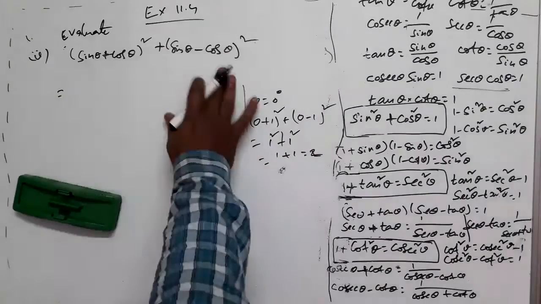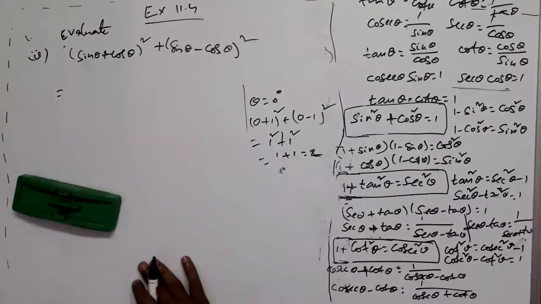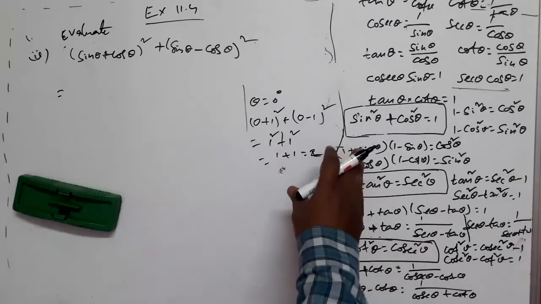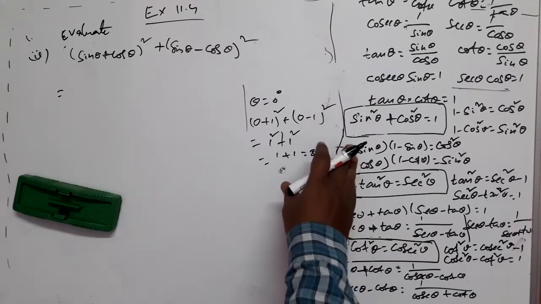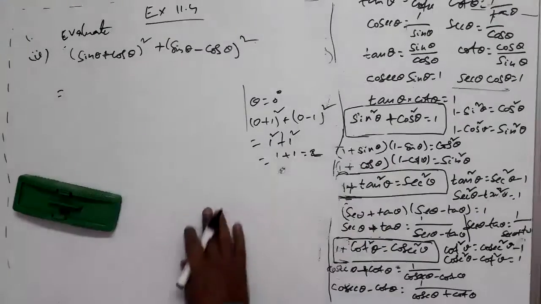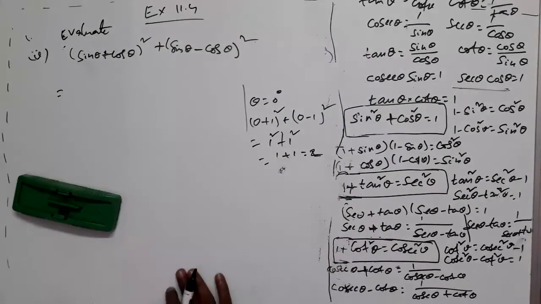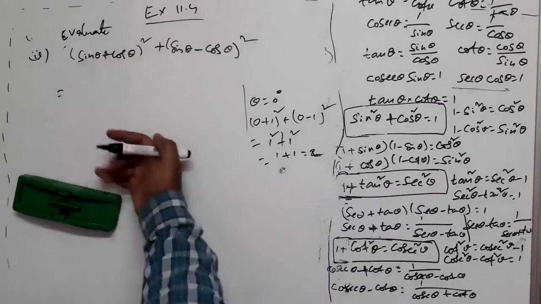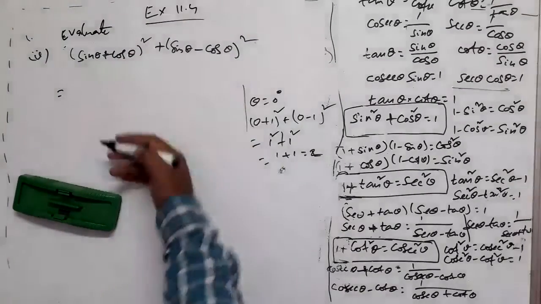Yes, we have sin theta and cos theta in the given expression. Of course, squares are also involved already. We know that there is an identity involving sin theta and cos theta like this: sin square theta plus cos square theta is 1. So let us use that. For that, what shall we do? Yes, proceed as you got the idea. This is of the form a plus b whole square. This is of the form a minus b whole square.